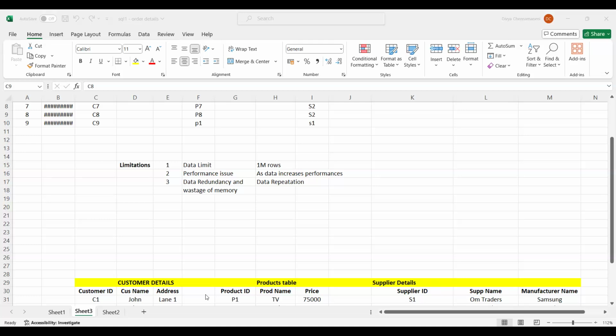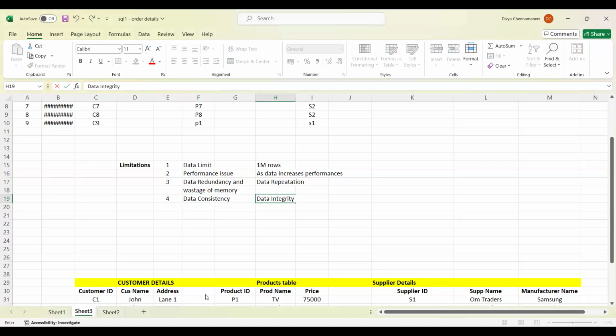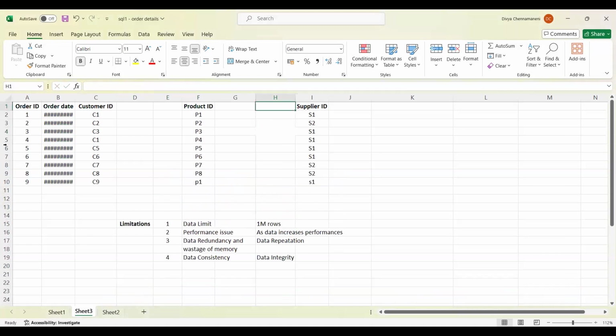And the next biggest issue with Excel is data consistency. What point can I say? Data consistency and data integrity. So what is data consistency and data integrity, in the sense? For example, see, if I store the data like this,